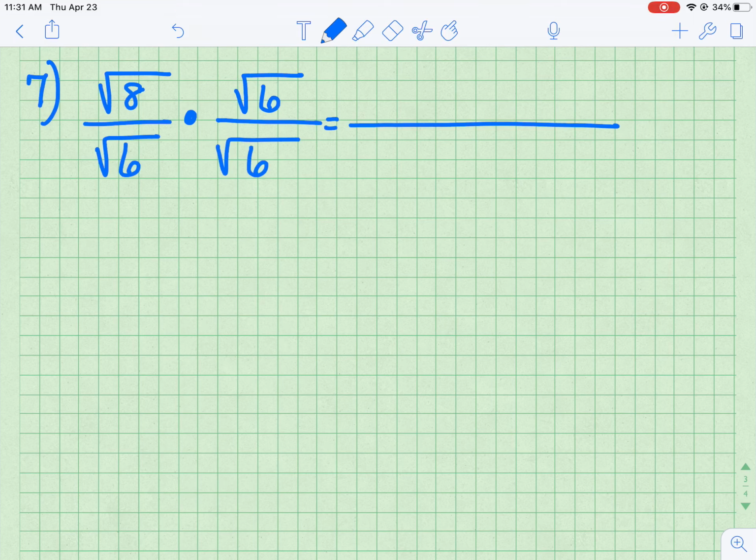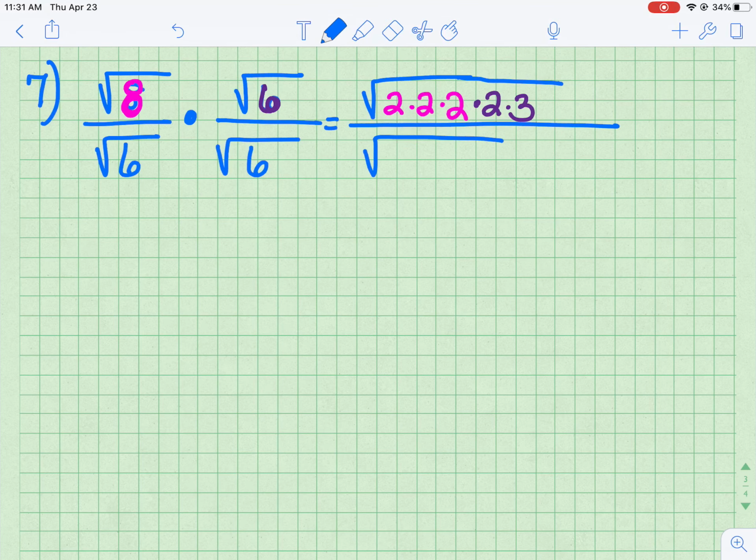So really what we have on the top is square root of 8. Well, guess what I'm going to do? I'm going to prime factor that 8, just to shorten up my steps. So that's going to be 2 times 2 times 2. And then I'm going to prime factor the 6. And so the 6 is going to be 2 times 3. Let me make my radical longer. I didn't make it long enough. There we go. On the bottom, we have the square root of